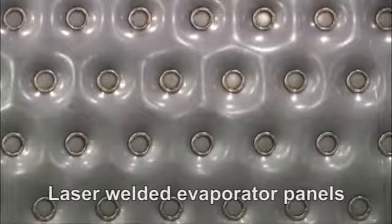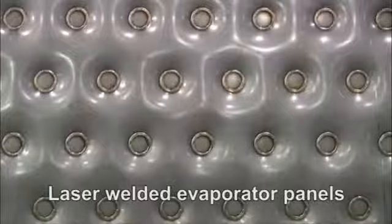Sean Daly, GEA Farm Technologies Product Manager, explains. The GEA Farm Technologies milk tanks use a 60-inch evaporator panel. This provides us more surface area per condensing unit. In addition to using a wider evaporator panel, we also use a laser welding technology. This technology differs from resistance welding in that resistance welding uses 2 copper electrodes to pinch the material together. The weld occurs at the